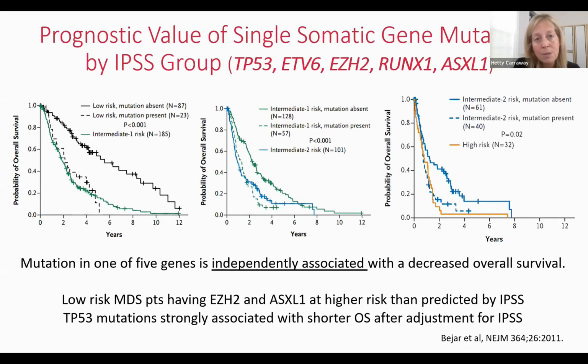So it increases the risk scoring for that patient, and hence we're able to better advise that patient with regard to risk of their disease progression. And so that holds true for patients with low risk, intermediate 1 risk, and intermediate 2 risk, as depicted by the advancing graphs in the slide. We know that mutation of one of these 5 genes is independently associated with a decreased overall survival. And so these types of tools are really helping us to better inform our patients and to better inform our